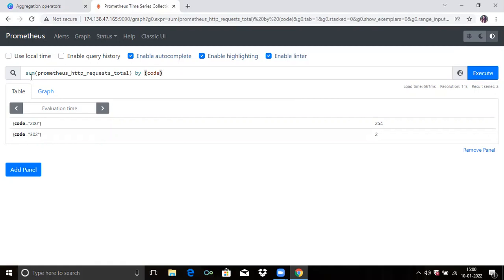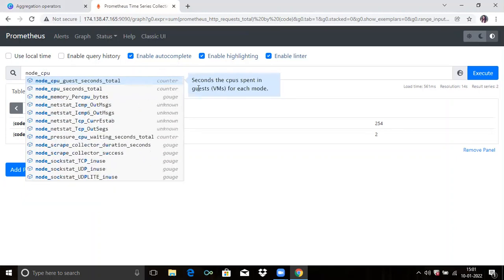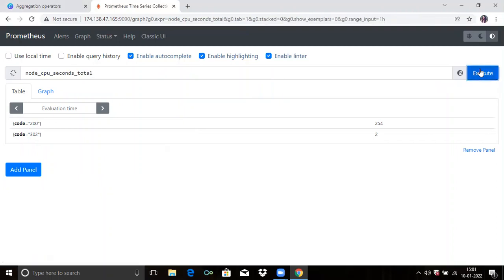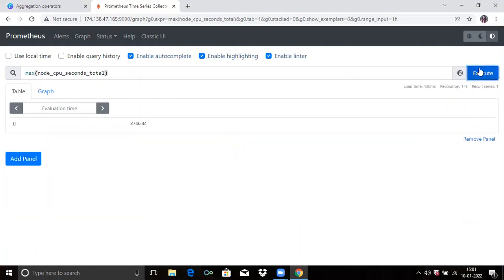Then the next is the max operator. For the max operator, use the expression node_cpu_seconds_total.